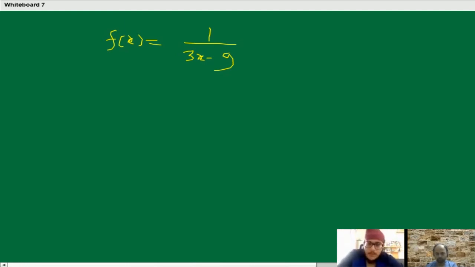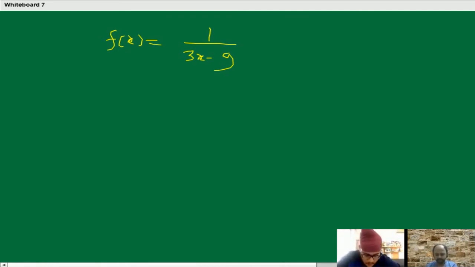Then for this one, the domain of this one is 3. Okay, why is it 3? How have you got 3? Because 3x minus 9 will be